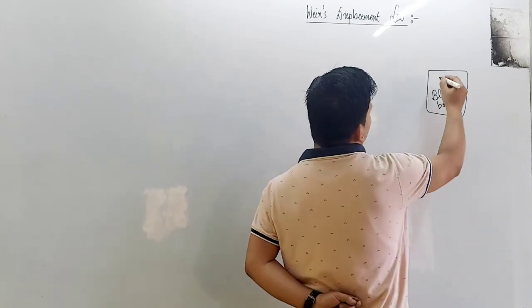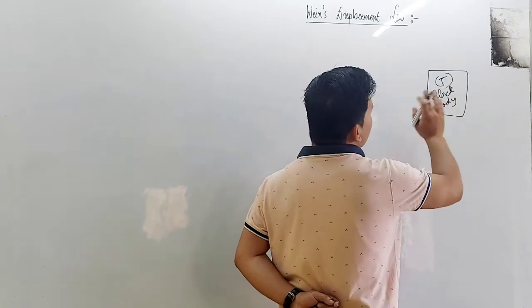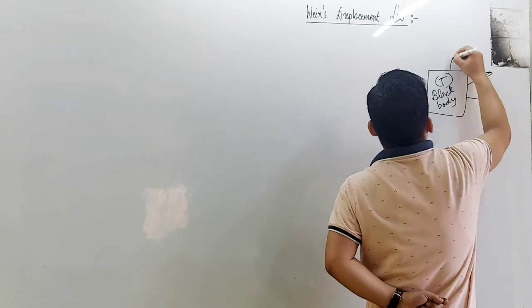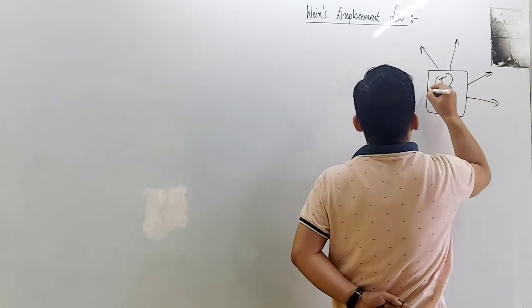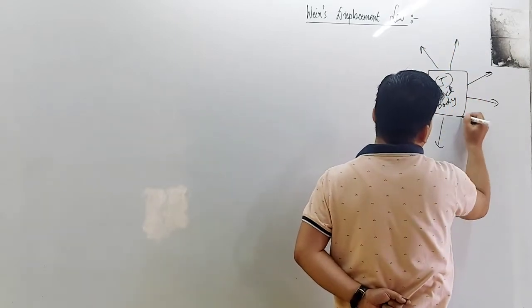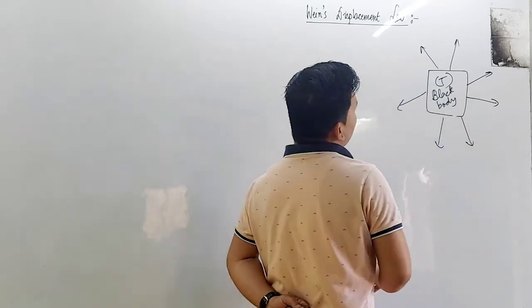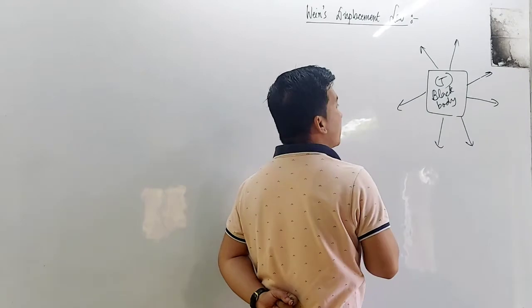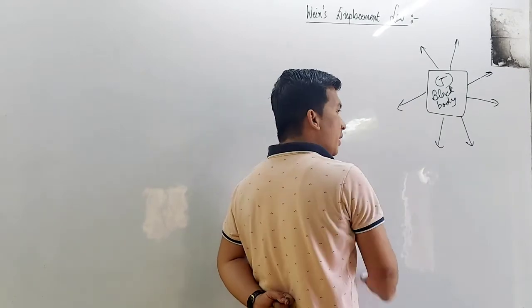This black body is maintained at a temperature T, and it produces radiation in all directions. According to the given diagram, we have 1, 2, 3, 4, 5, 6, 7 radiations being produced from this black body maintained at